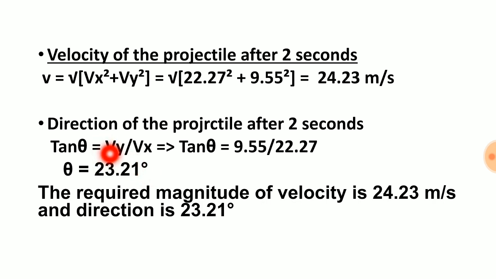vy is the velocity after 2 seconds towards the y-axis and this is the velocity towards the x-axis, and we have already calculated these. By solving this expression, theta is equal to tan inverse of 9.55 divided by 22.27, we get our theta as 23.21 degrees. Therefore the required magnitude of velocity is 24.23 meter per second and the direction is